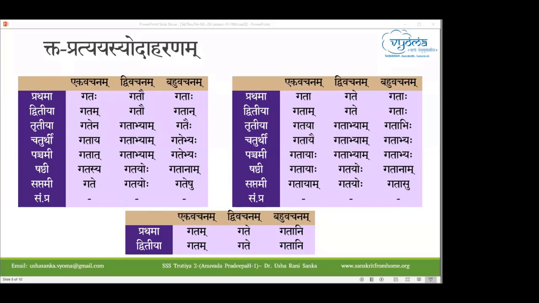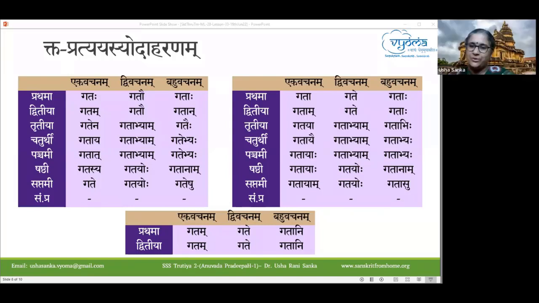Gata, Gate, Gataha, Gatam, Gate, Gataha, Gataya, Gatabhyam, Gatabhihi, Gatayai, Gatabhyam, Gatabhyaha, Gatayaha, Gatabhyam, Gatabhyaha, Gatayaha, Gatayohu, Gatanam, Gatayam, Gatayohu,